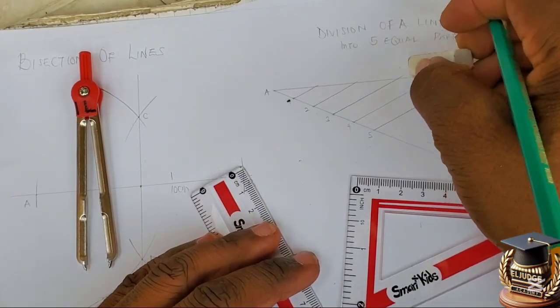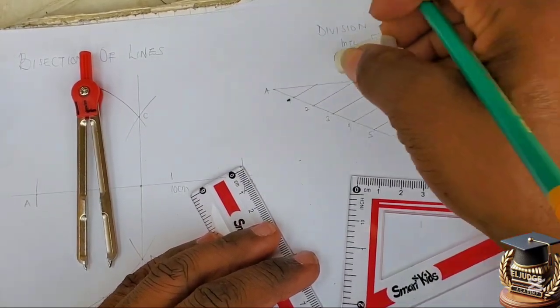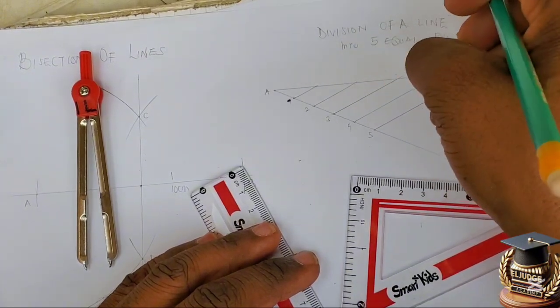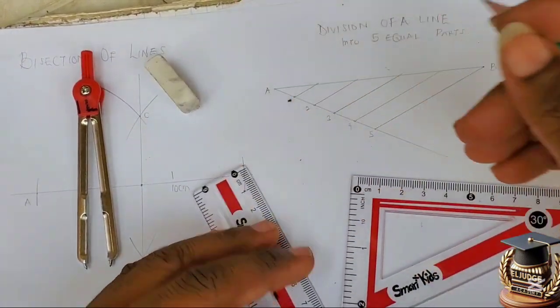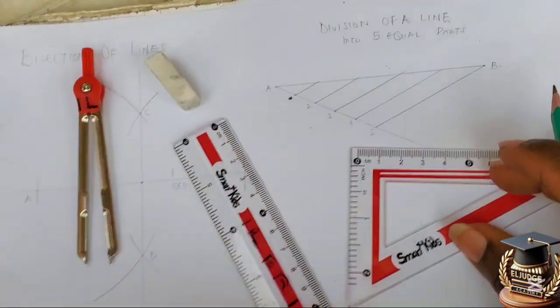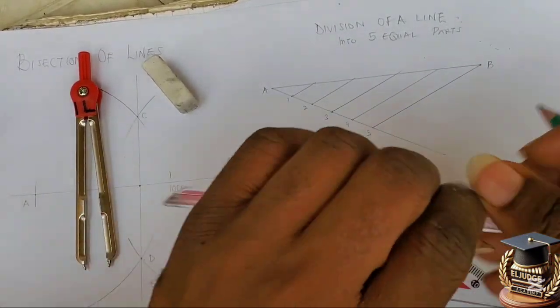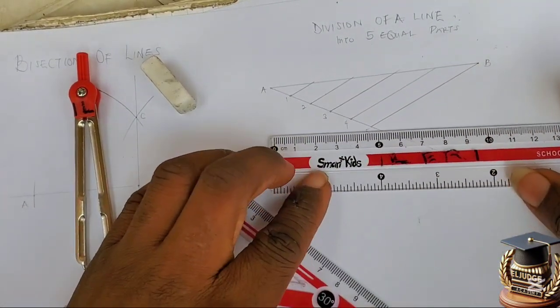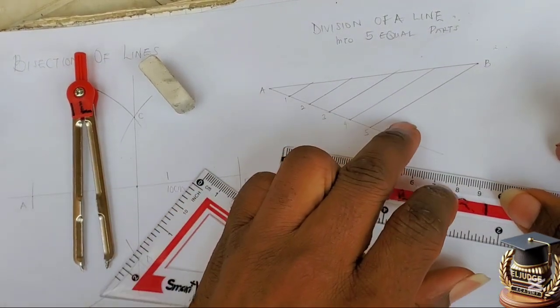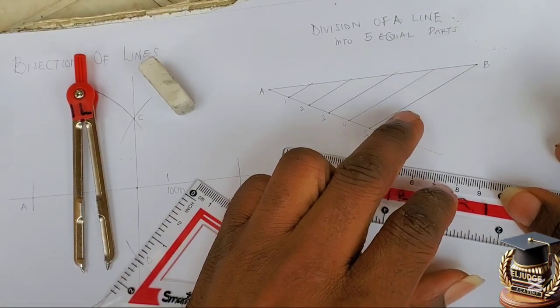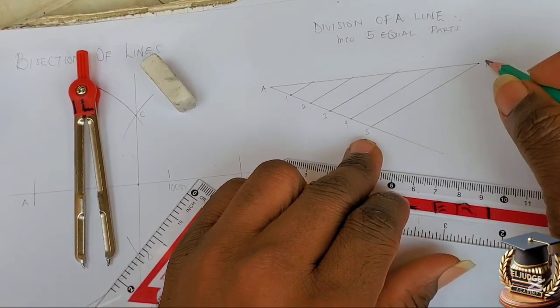It's too long, a mistake. Try as much as possible not to always make use of the ruler while constructing. So let's confirm this. These lines, I said you are going to join 5 to B,